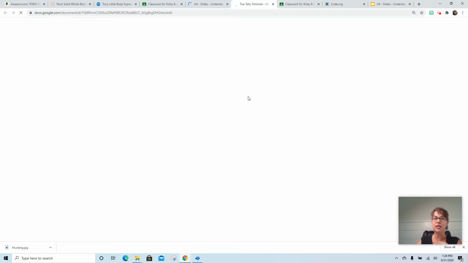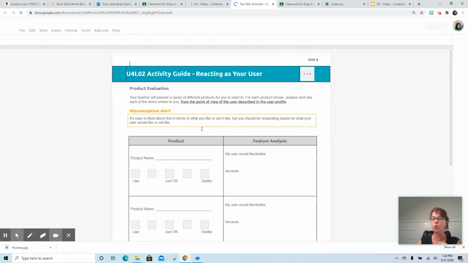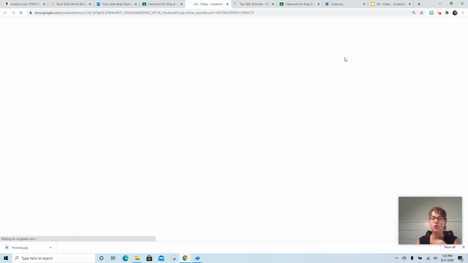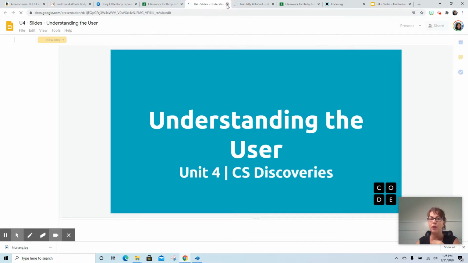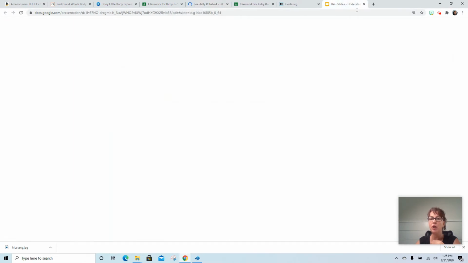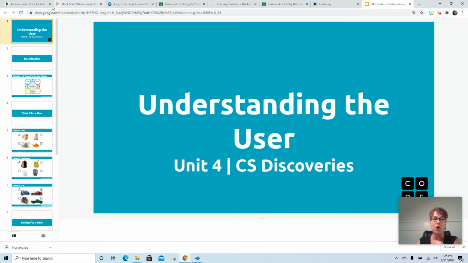You're going to also need the slide deck, which is still pulling up. I'm sorry, this is not the slide deck, the worksheet, which is still pulling up information. Additional information will come up. It's going to take a minute for it to completely load. And then you're also going to need your Google Slides in order to complete this. I've already got Google Slides open, so rather than me opening it again and waiting for everything to populate, I'm going to simply come over to the Google Slides that I already have open and get you started on this,